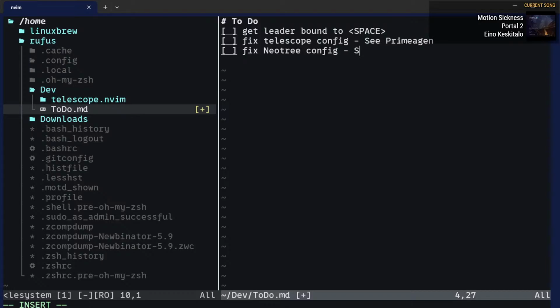Primogen, specifically for telescope, and then that'll be enough to do that. That telescope needs to return a table. That could be it. That could be it. My problem right now is I just have too many different things to learn at once,